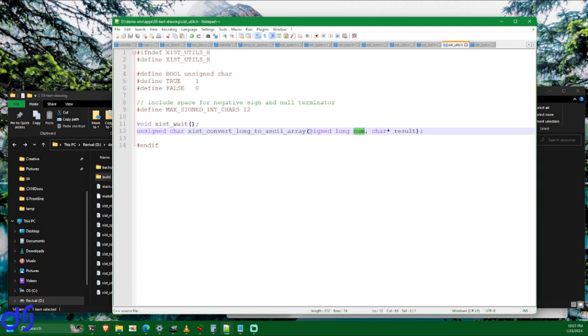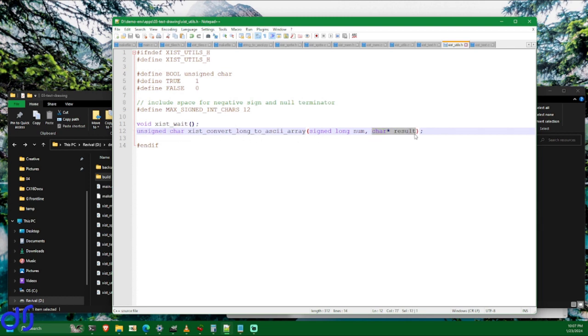32 is sufficient. So you give it a 32-bit signed integer, and it will then convert it into a text array, or specifically an array of ASCII codes. That distinction is actually going to be important shortly. And then return, well, actually it doesn't return it to you because it is passed in as a pointer. So it just populates the character array that you pass in place, and then it just returns the length of